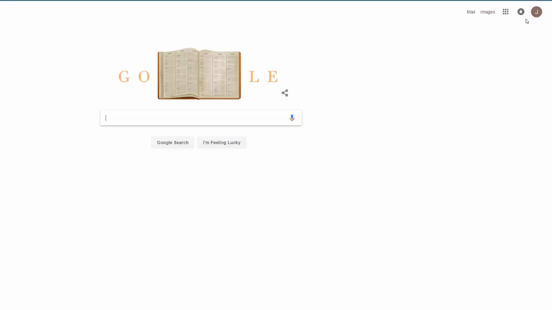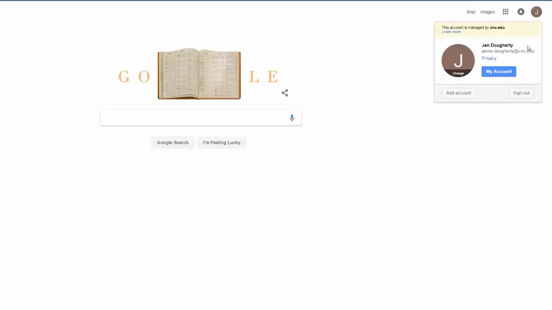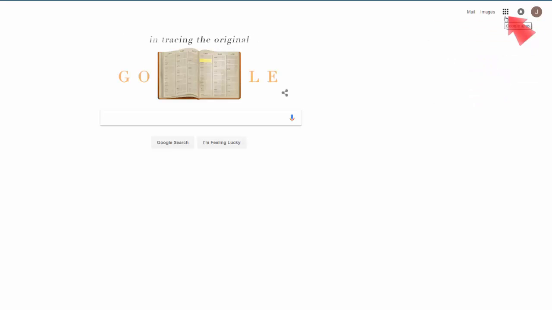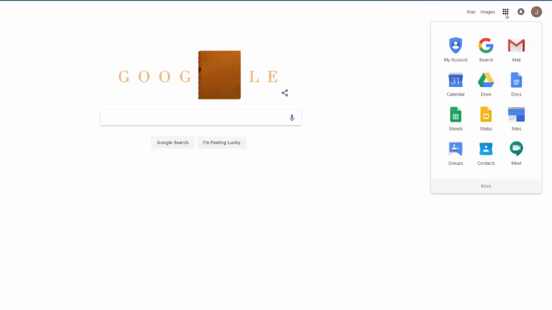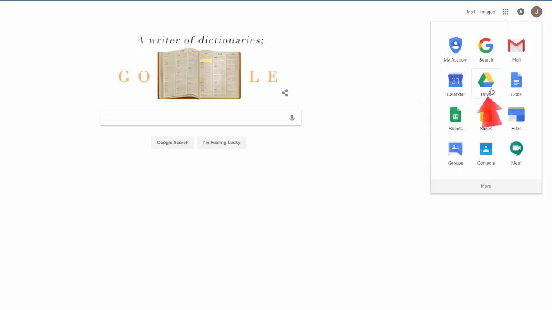Once you are fully logged in, the Sign In button at the top should be replaced by a circular icon indicating your identity. In my case, my name begins with a J, so that icon is filled with a J. You may also see a picture. You can click on this icon to log out of your Google account by clicking Sign Out. Next to that icon is another icon that looks like 9 dots in a square. This will allow you to open other Google applications associated with that particular login. From here, you can see Mail, Calendar, and Drive all in one spot for easy access, as well as other applications.